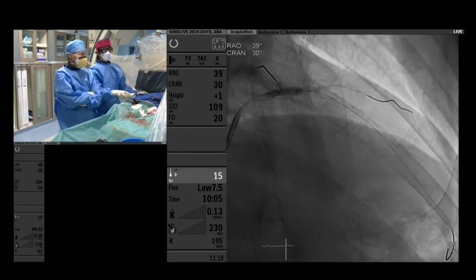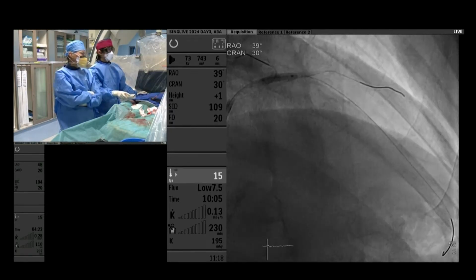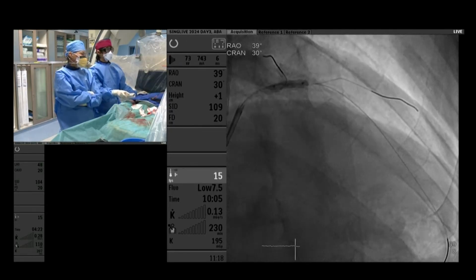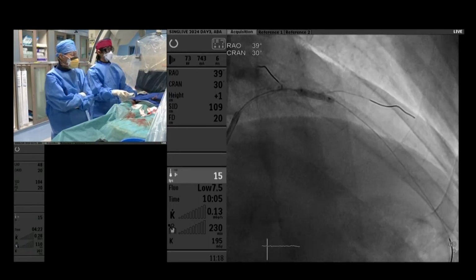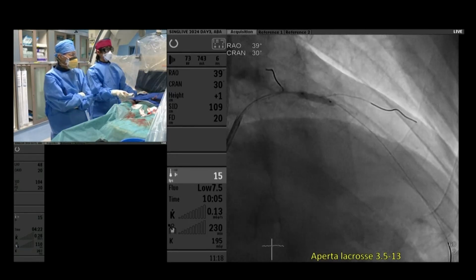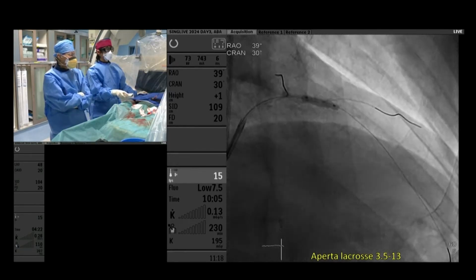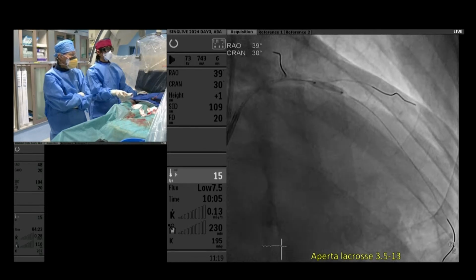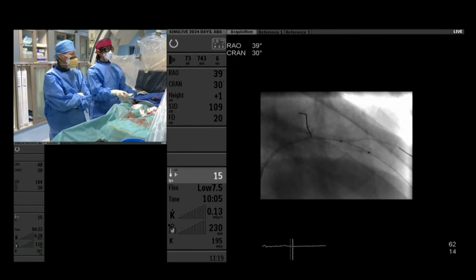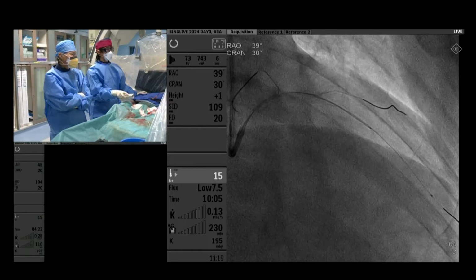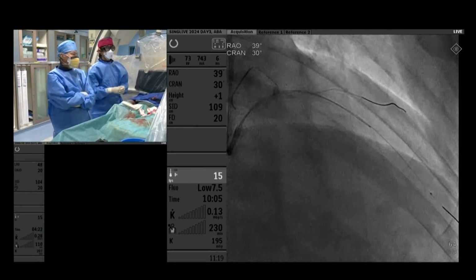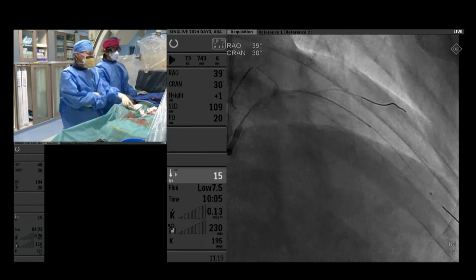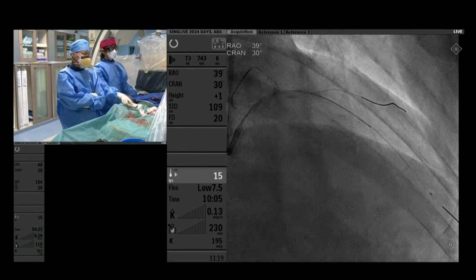So this is the Aperture in the distal left main to proximal LAD. And you can see the waist is much better than before with the smaller 2.5 NC Scoreflex. We dilated all the way from the distal end of the bare metal stent that was previously put, with this 3.5 NC balloon. And so that is currently where we are at the moment. We did the final IVUS run, but in the interest of time, it doesn't show too much more, so I don't think we have to show it. Right now we are actually planning to put our first stent